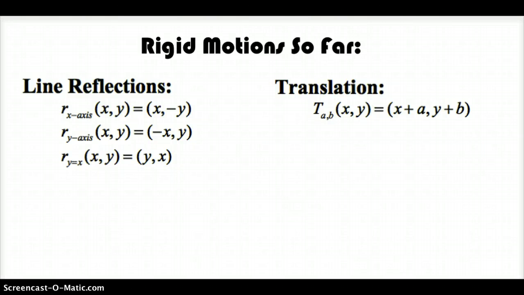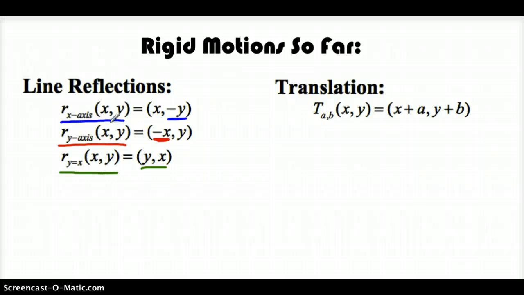As a reminder, the rigid motions that we've discussed so far are the line reflections. We specifically talked about when you reflect across the x-axis, the y value is going to be opposite of what it was before. When we reflect across the y-axis, the x value is going to be opposite of what it was in the pre-image. And then finally, when we reflect across the line y equals x, we're just going to switch x and y, or switch the ordering of them,